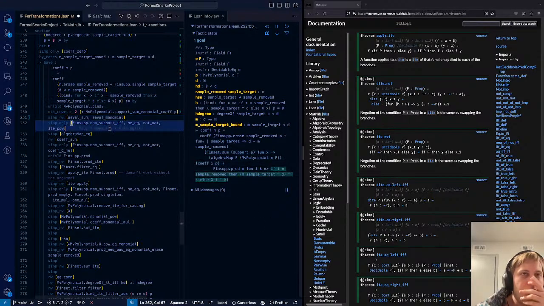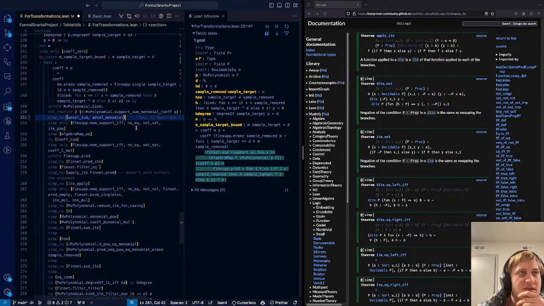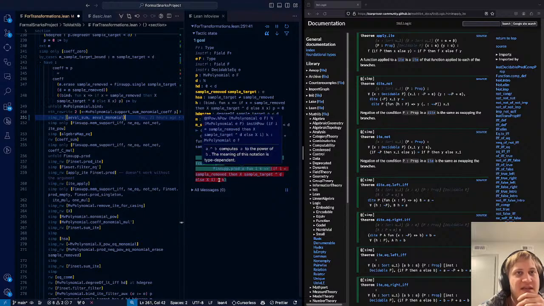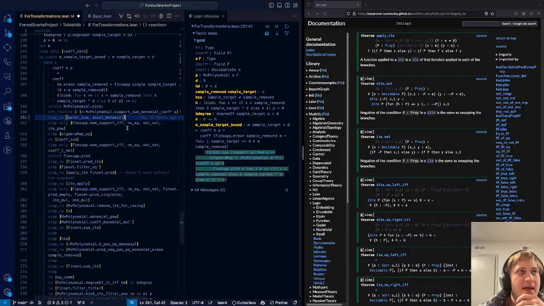Okay, when we execute this simp block, it changes just this sub-expression here. We have if i equals sample removed, then x sample target to the d. Basically, all of this is being raised to the power k.